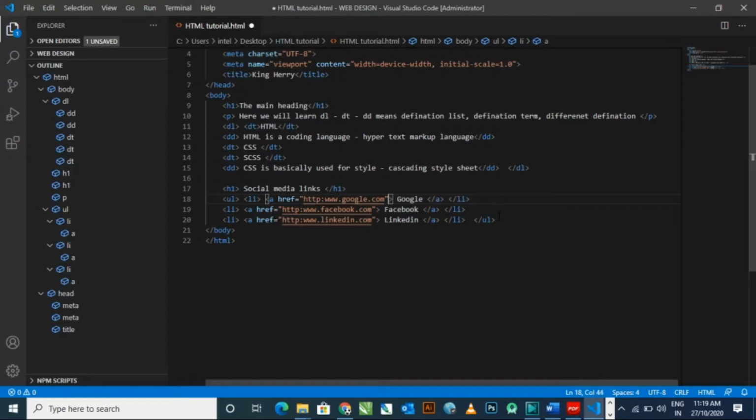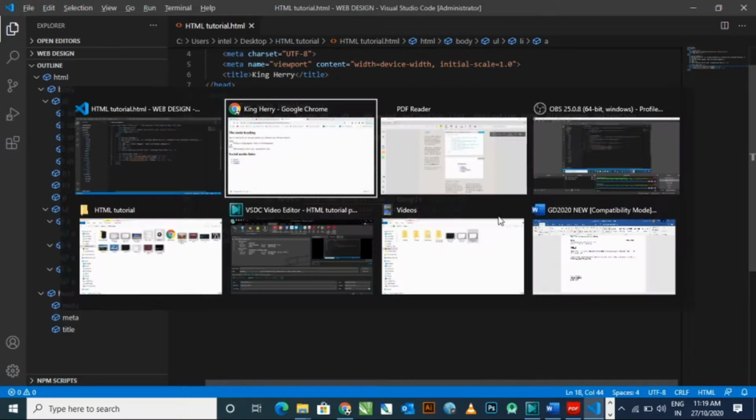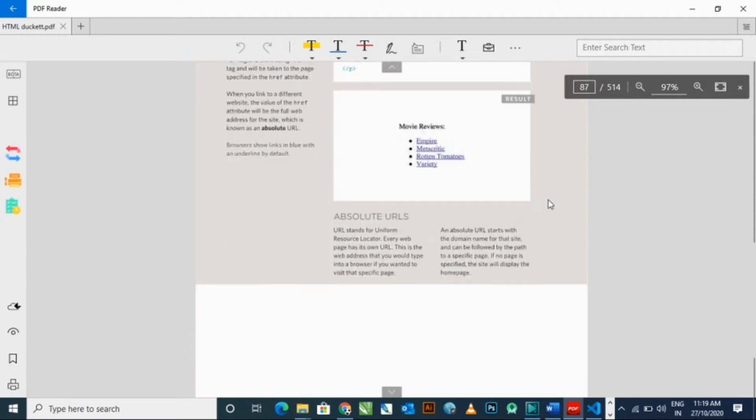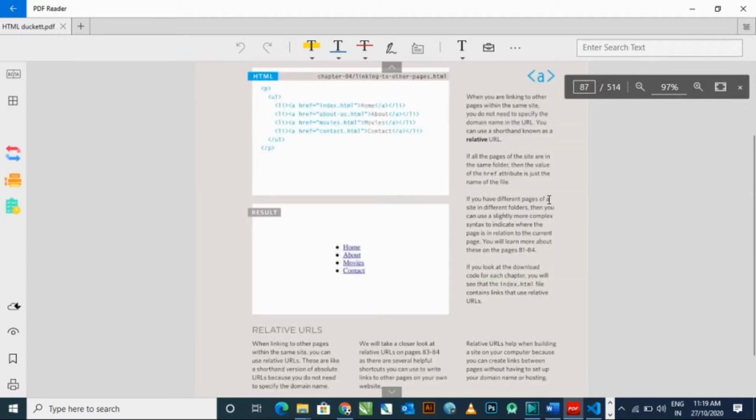Now the correct path. I'm showing you in my PDF also. Just see. Let me open the PDF.